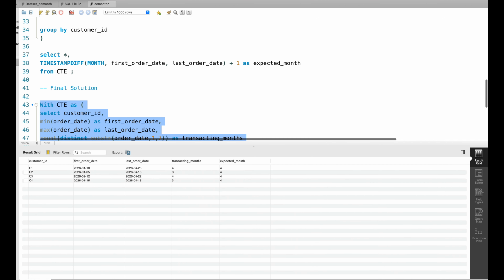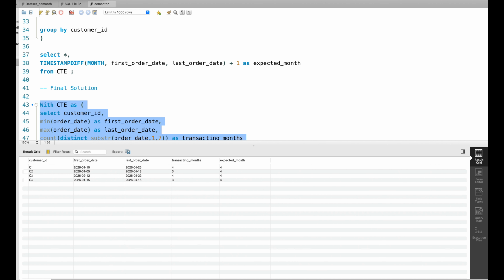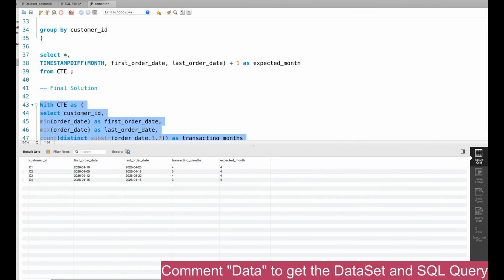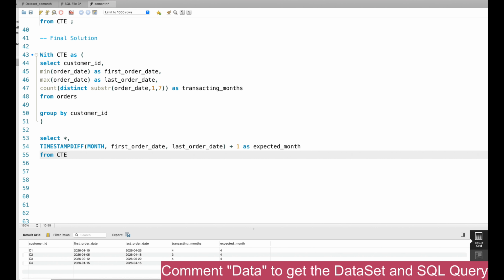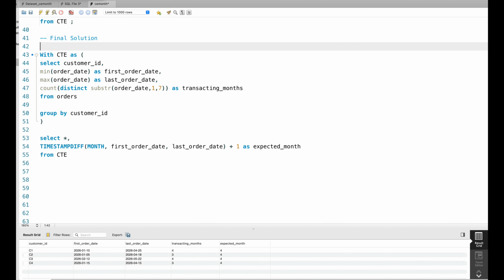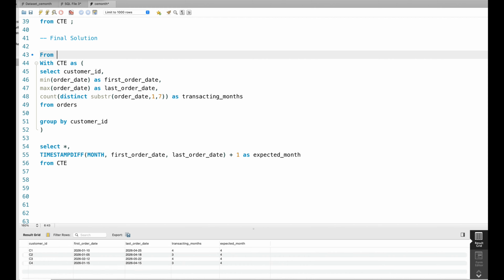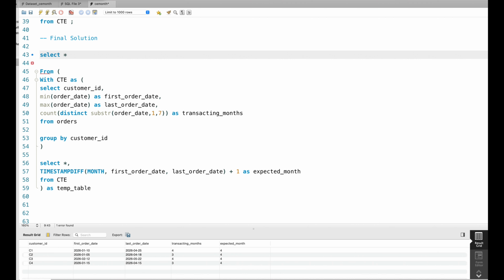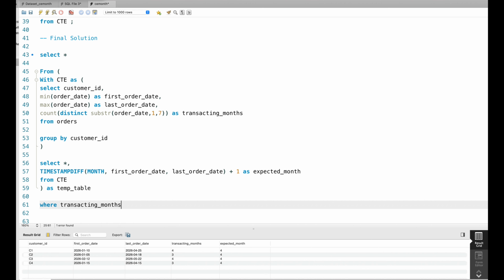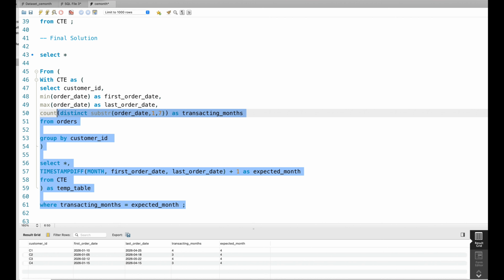We got customer IDs, the first order date, last order date, the transacting months, and the expected months. And now the question was to get the customers whose transacting months is equal to the expected month. So we just need to do that to get the final query. I'll use the entire thing as a subquery. So from, I'll close the bracket and name it temp table. I'll select star, and I'll put a where condition, where the transacting months is equal to the expected months. Now if I run this part,